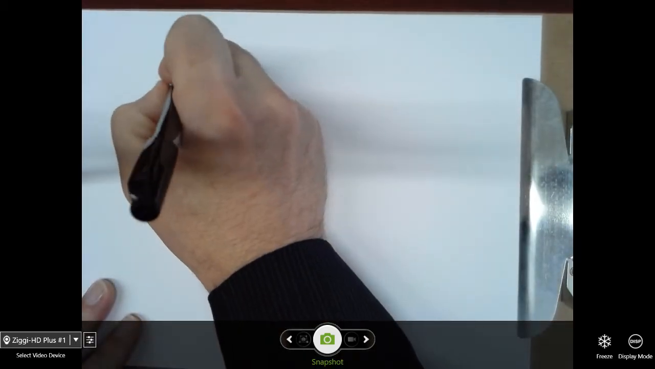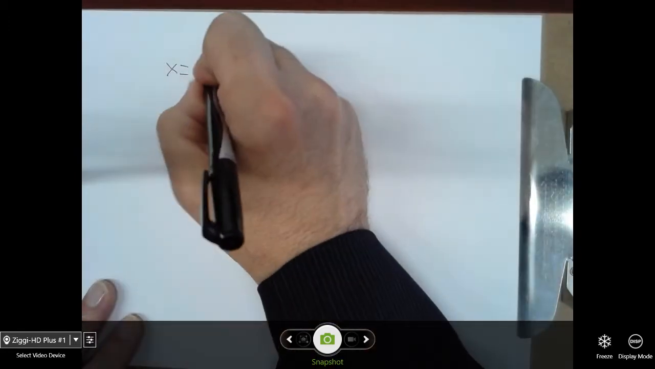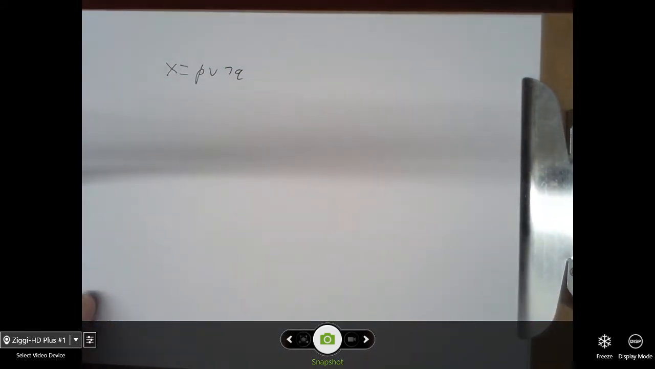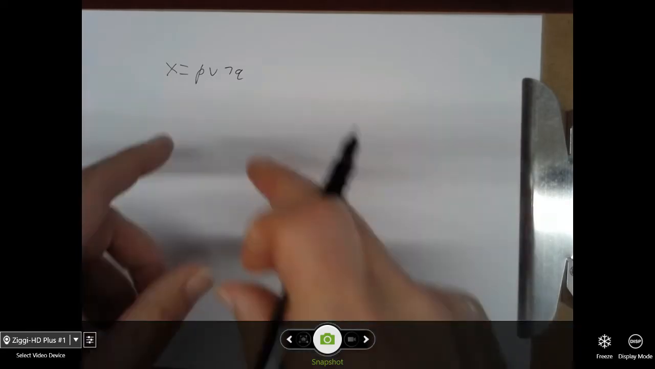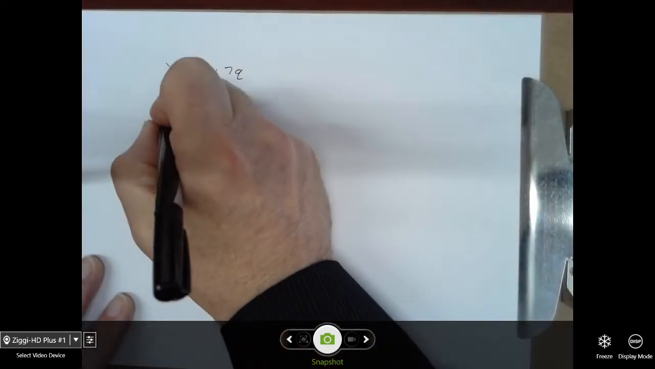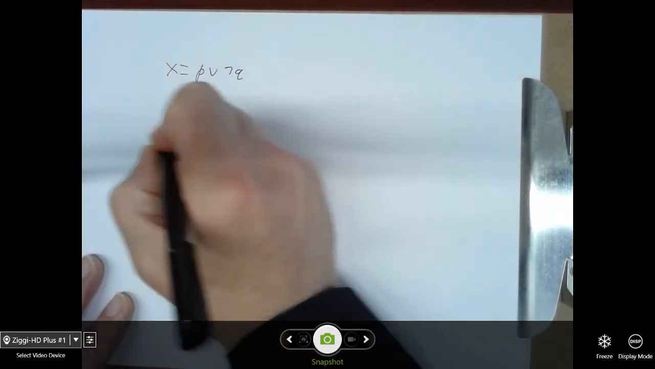Alright, question 4. Suppose X is a proposition generated by P, Q, and R that's equivalent to P or not Q. Write out a truth table for X. That's potentially interesting. So X is equal to P or not Q. And we're told it's generated by P, Q, and R. So it's some combination of P, Q, and R, but this is also equivalent to it. So if we write the truth table,